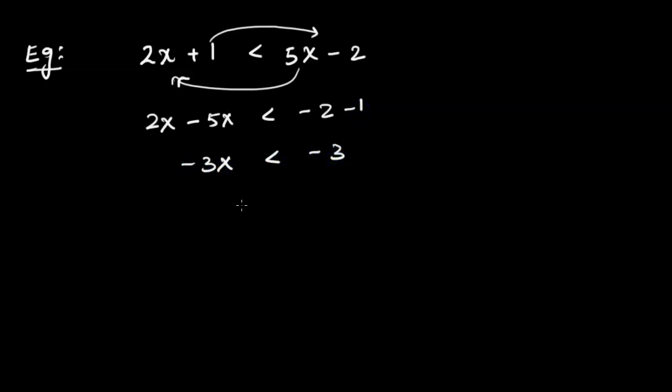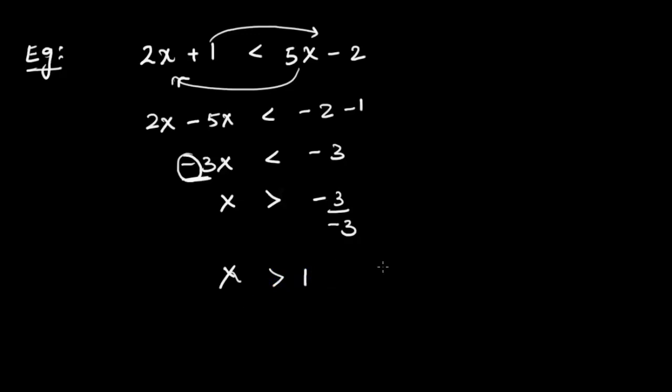Now, one important thing that is very crucial to remember is, whenever we have to isolate x and there is a number attached to x, we move this number to the other side by dividing the other side by this number. So when we divide negative 3 by this negative 3, the sign is negative. Because of this, the inequality sign flips. It was first a less than sign, now it has become a greater than sign. This happens when we divide or multiply the other side by a negative number. So now the solution is x is greater than 1.